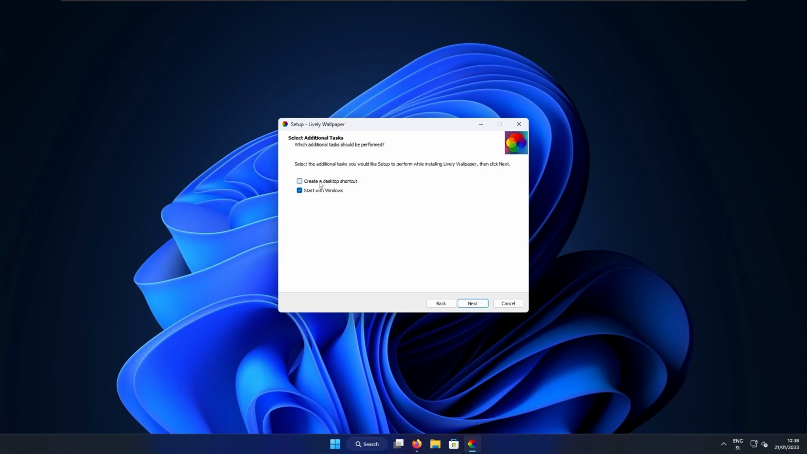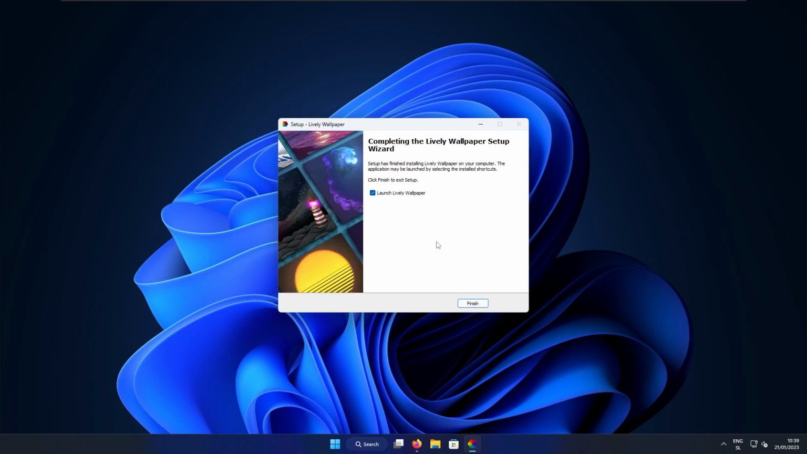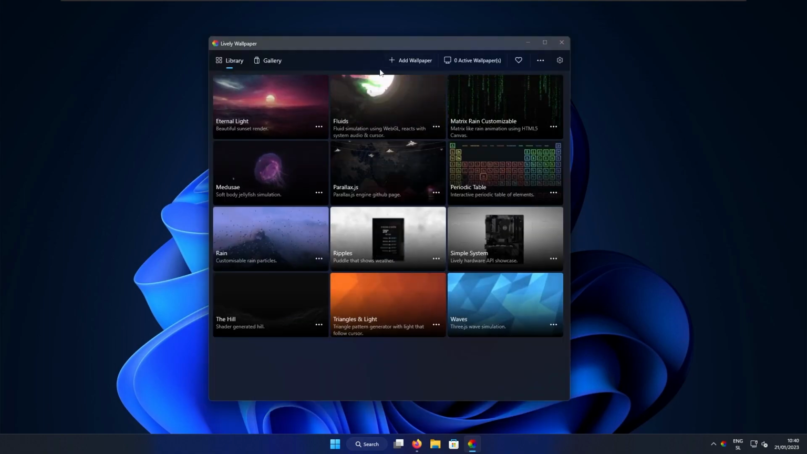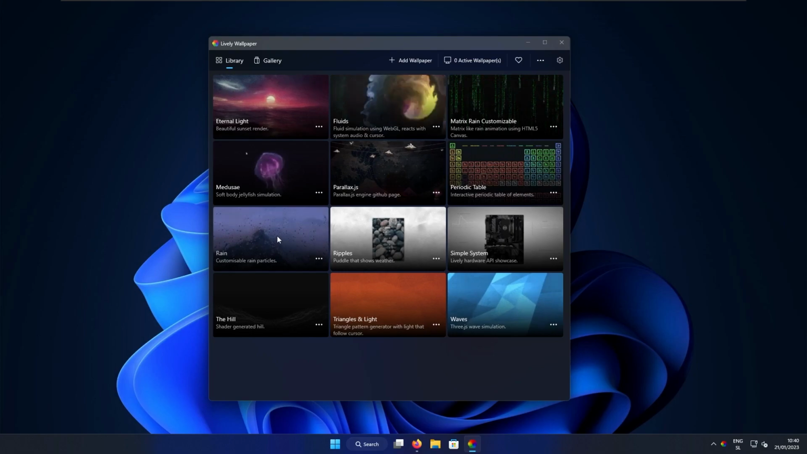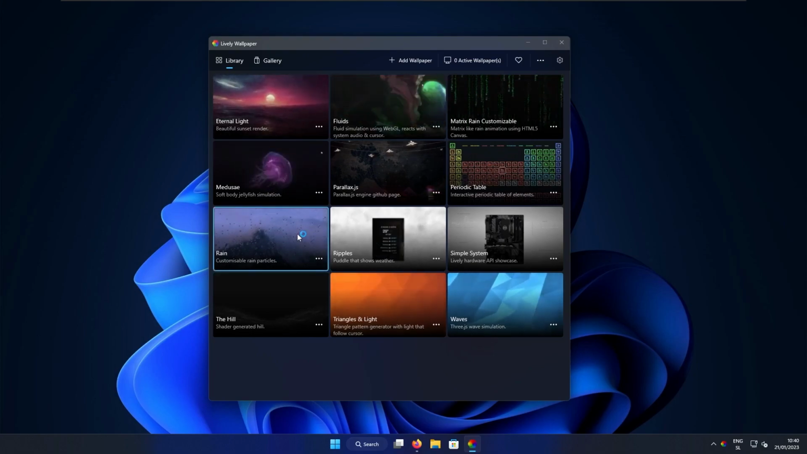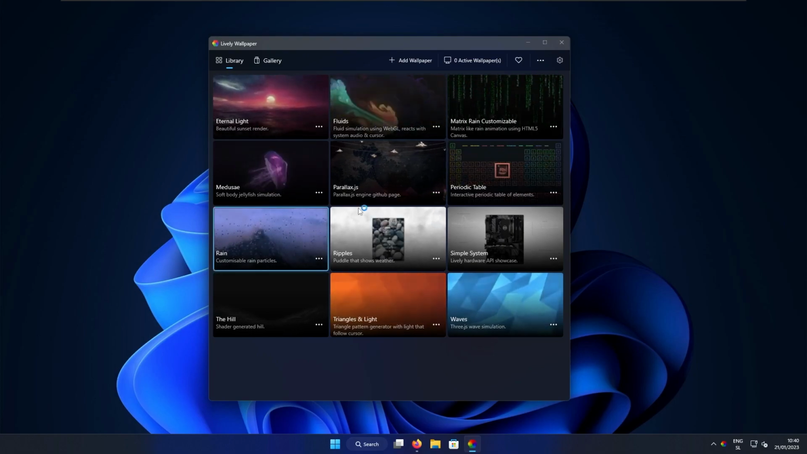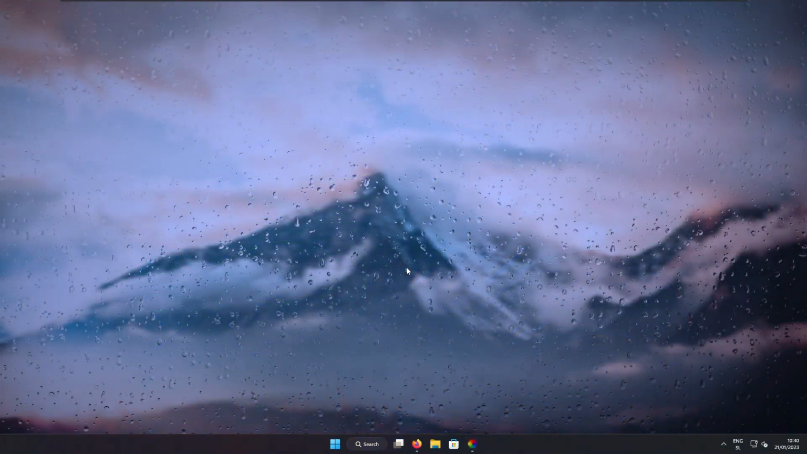Here I will uncheck create a desktop shortcut, and I will leave checked start with Windows. Now let's click next and install the Lively Wallpaper app. After the installation, I will leave checked launch Lively Wallpaper and click finish. Here in the Lively Wallpaper, let's pick a simple wallpaper which is called Rain. Here I will select it, and this should apply the wallpaper on the desktop, and this is how it looks